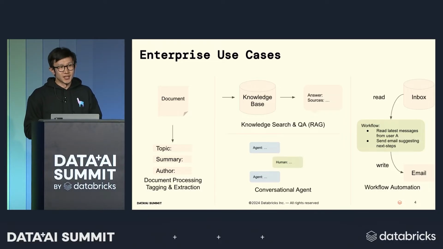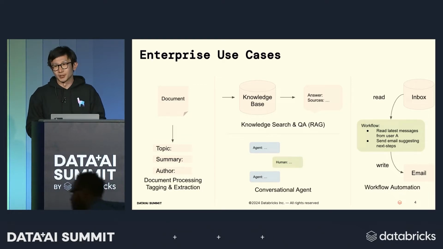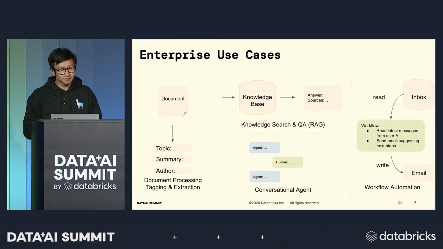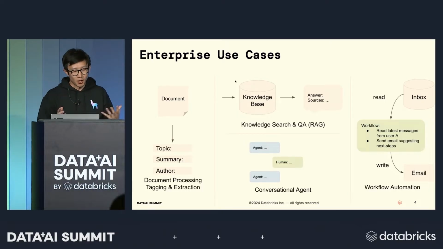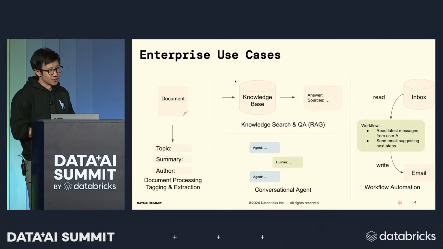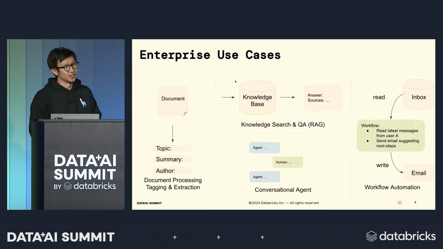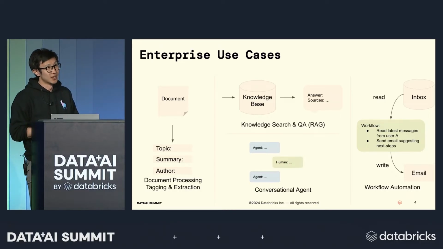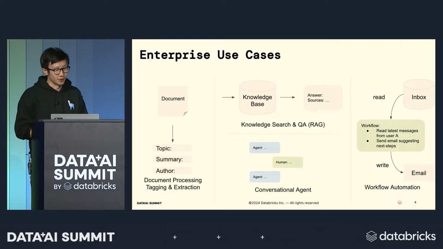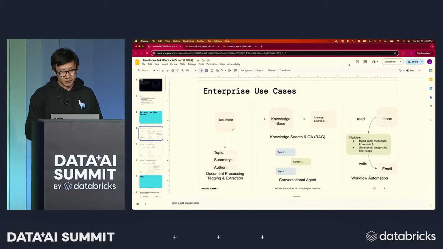A lot of people these days are building chatbots, stuff that can maintain your conversations over time. Many people are starting to explore agents. So these autonomous engines that can not only synthesize information, but actually perform actions for you over time. And then, of course, just on a pure document level, there's not just this idea of you ask a question, get back a response. There's many types of different document workflows you can employ. Here we mentioned tagging and extraction. There's other workflows